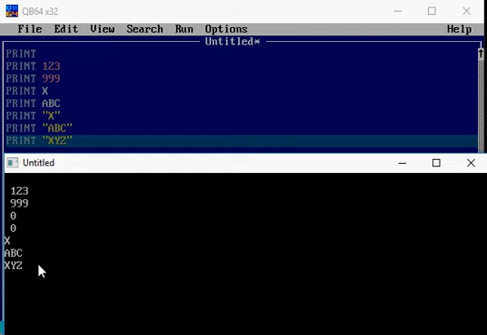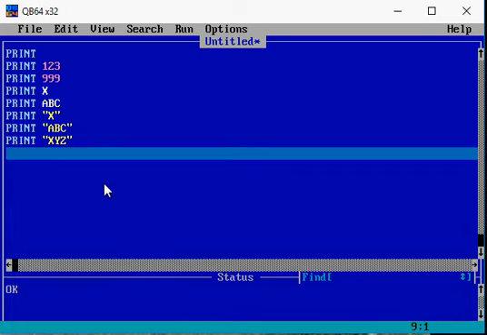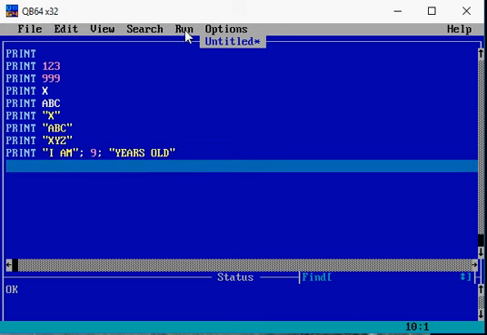You can mix them up. Let's say I want to say I am 9 years old and I want 9 to be a number to appear. I could have said print double quotes I am. And when you want to separate different segments of the same code, you separate them with the semicolon. So I put the 9, it's not in double quotes, take note, semicolon, then I say years old. Okay, so now if I run this,